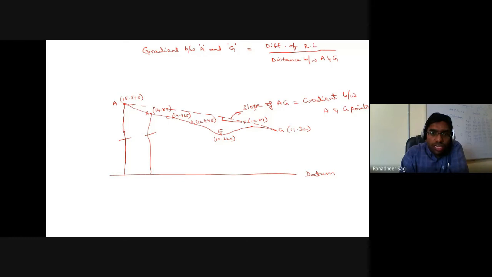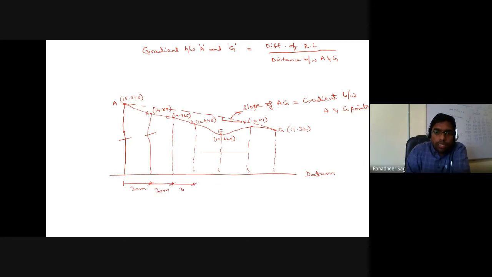So before that, let me also indicate these vertical lines, just for my reference, to represent your chainage values. That is your 30 meters, whichever we have talked about. So this is 30 meters, another 30 meters, another 30 meters, another 30 meters, another 30 meters, and another 30 meters. So what is the total distance between point A to point G? It is 30, 30, 30, 30, total is 180 meters.